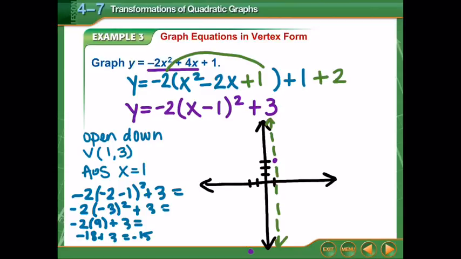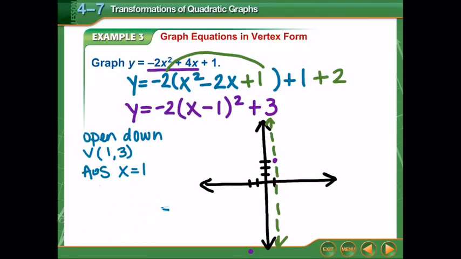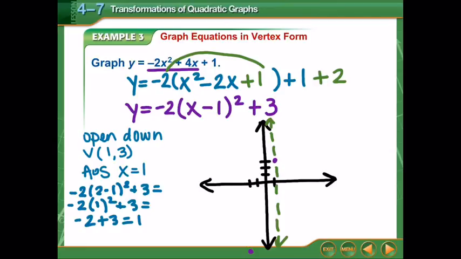Okay, then I could do something on the right-hand side of the graph as well and pick like positive 2. If I plug in positive 2, what happens? So let me erase this work and let's plug in positive 2 this time. So if I do negative 2 times 2 minus 1 all squared plus 3. So this would be negative 2 times 1 squared plus 3. Well, 1 squared is still 1. Negative 2 times 1 is negative 2 plus 3. And that's just going to equal 1. So at positive 2, it's equal to 1. So right here, here's my point right in there. Okay, so that just gives you a guide as to a couple of extra points. So this is going to be a real skinny